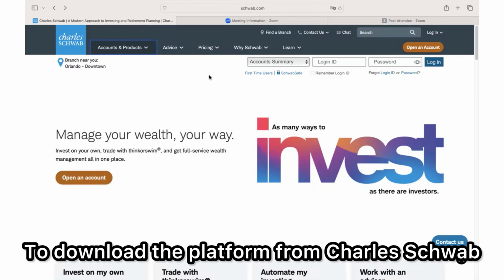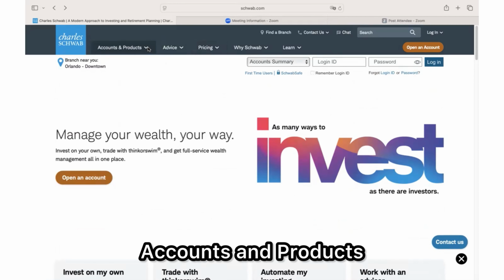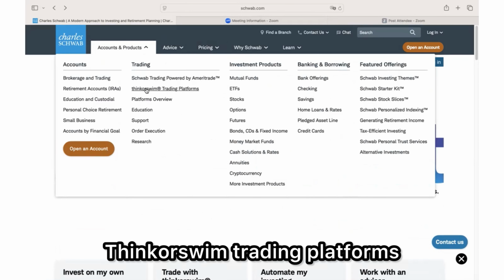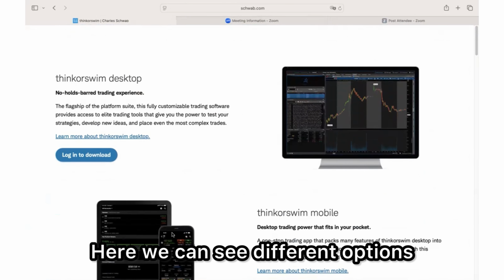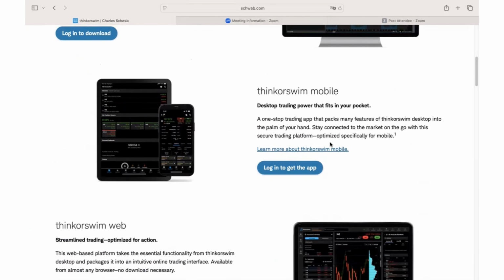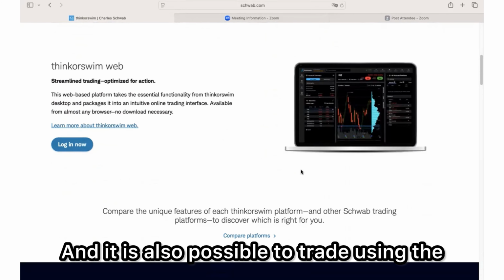To download the platform from Charles Schwab, we need to go back to the homepage of schwab.com. Accounts and products, trading, thinkorswim trading platforms. Here we can see different options. We can download the thinkorswim desktop version. There is also a mobile application, which I use as well, and it is also possible to trade using the